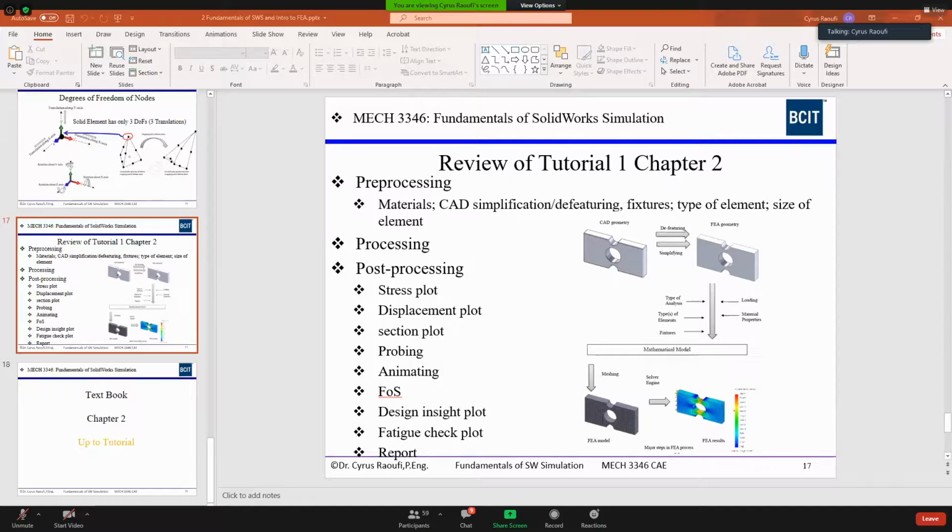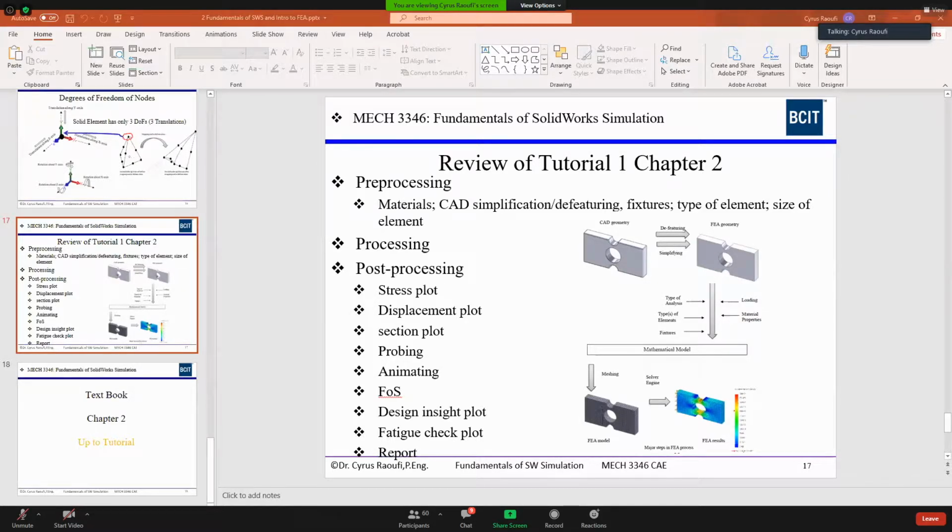And we said in chapter 2, we need to move from CAD geometry to FEA geometry, meaning that you need to do a little bit of simplification here in some cases. And maybe in some cases it's more than simplification, you have to defeature some features. And here you have to be careful. What's happening is you are going to defeature or simplify the model such that you are not going to create error. All right. Then, for example, if you look at here, there are fillet and chamfer